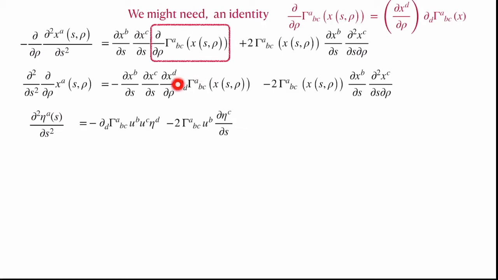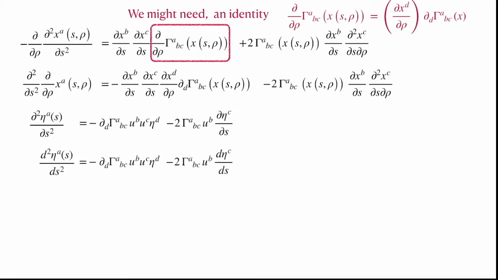Then we have a differentiation of gamma, and then you have a tangent vector and a connecting vector. So this gives rise to this term, and the last term, which has a gamma, then the tangent vector, this comes as a tangent vector, and the differentiation of the connecting vector. So this is a differentiation of a connecting vector with respect to the arc length parameter. This is a differentiation of the connecting vector along the curve or the tangent vector. So this essentially is the expression.